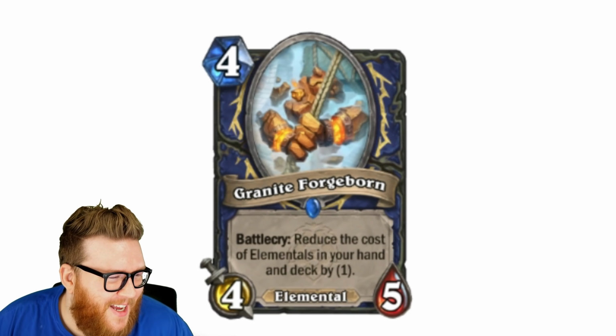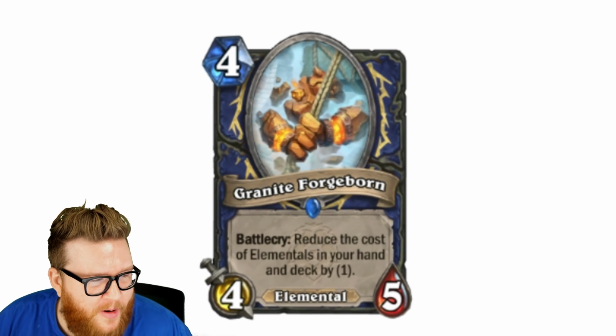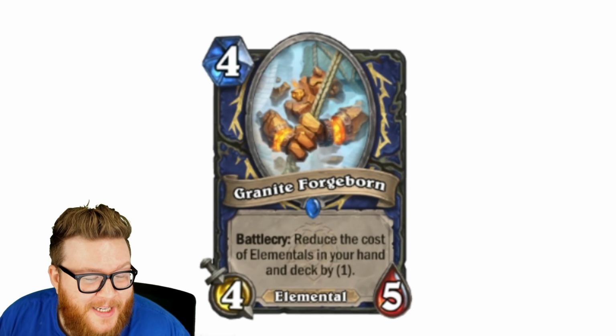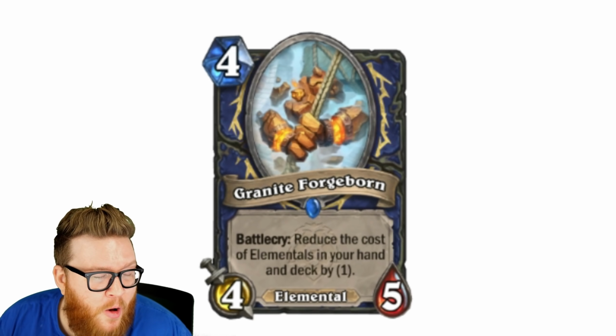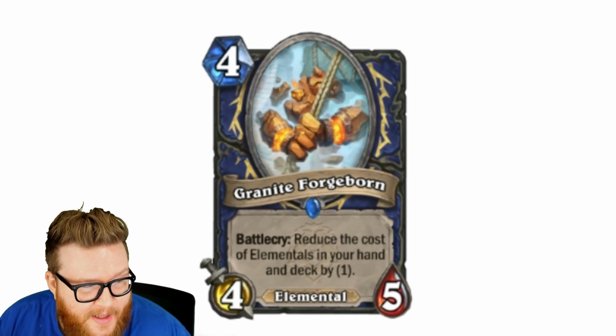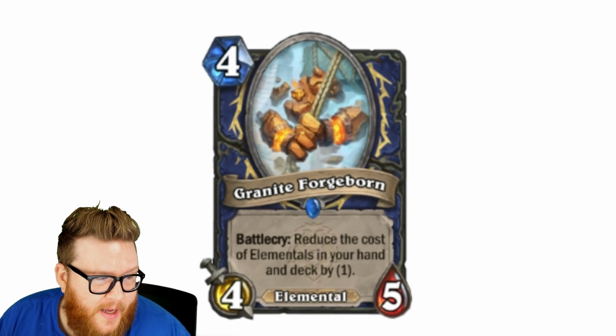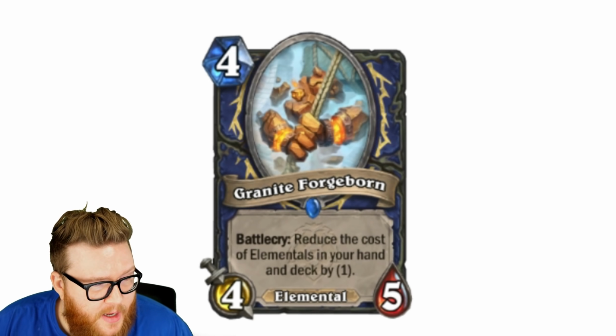Next up's the Granite Forgeborn here, 4-mana 4/5. It reduces the cost of elementals in your hand and deck by 1, which is a lot of discounts in an elemental shaman deck. And I think it's pretty good. It's basically